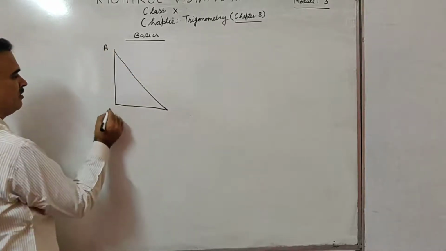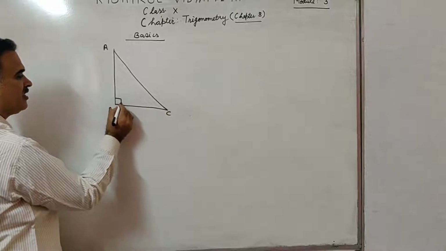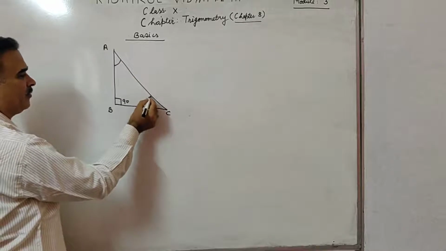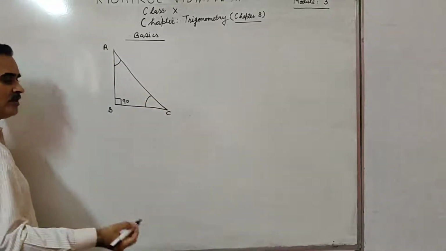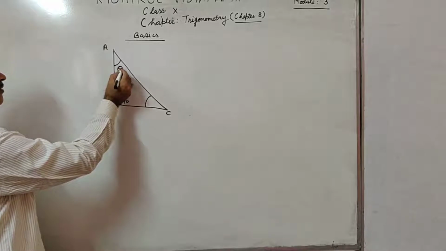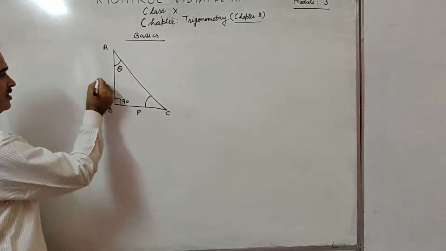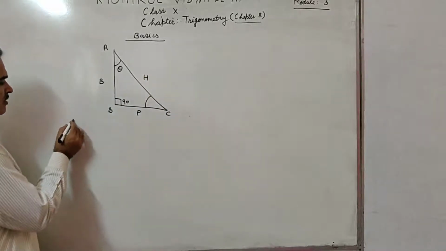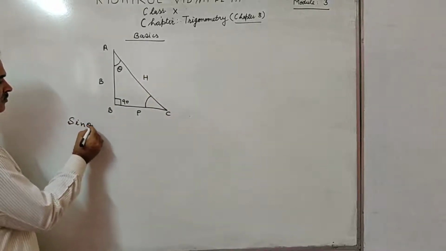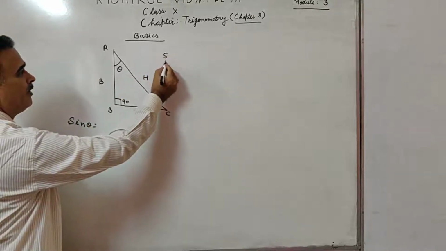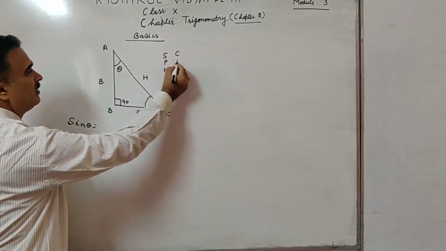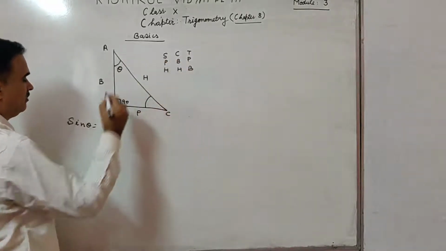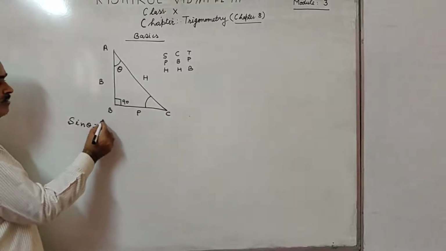This is A, B, C. This is a right triangle, my child. You can take theta here or here. It is up to you. If somebody says, sir, I take this theta here, then this is perpendicular, this is base, and this is hypotenuse. I told you sine theta. I told you: some people have curly brown hair turning permanent black. Sine theta is P by H.